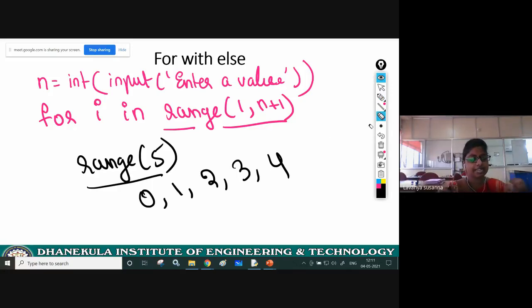This range is a data type, a sequence, and you can use this range in a for loop. Range of 5 reads 0, 1, 2, 3, 4.